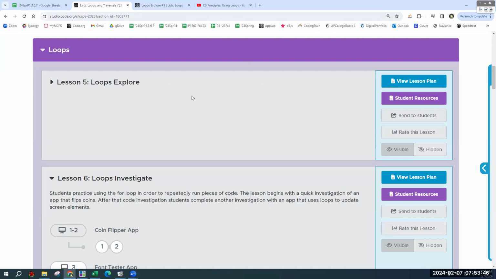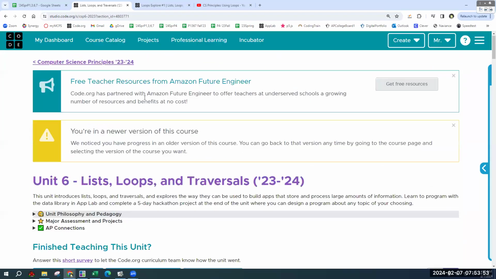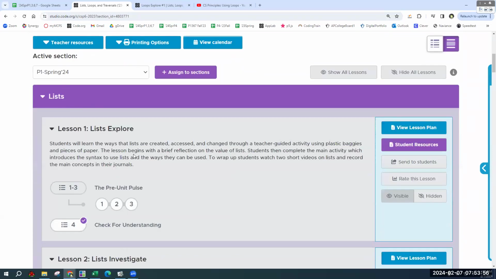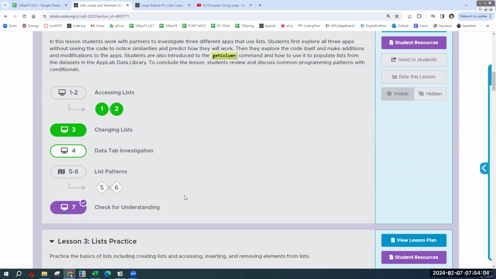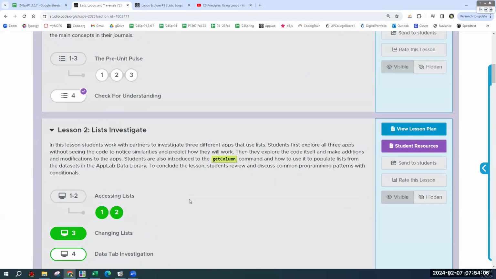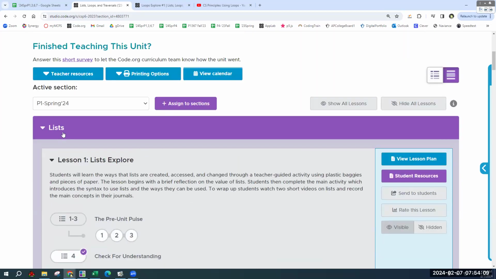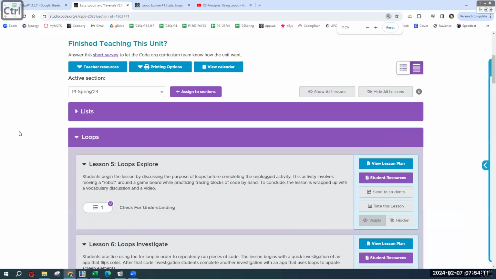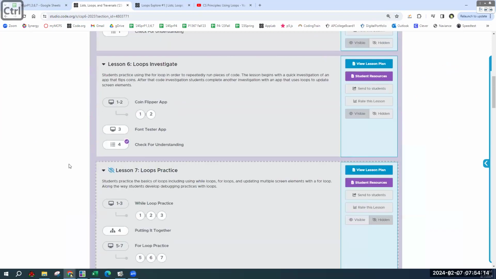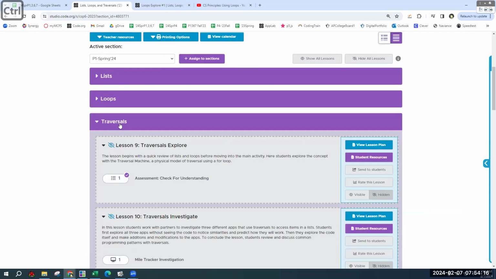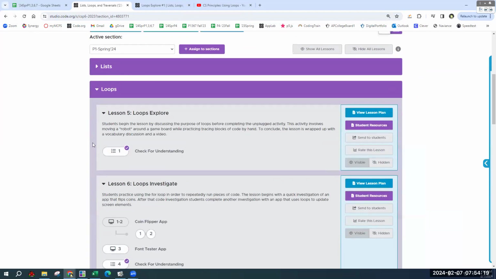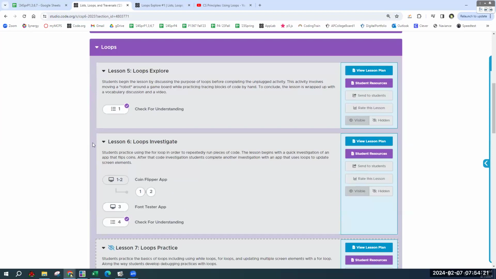Just like before, the first lesson of each of these chapters is sort of an introduction situation. And same thing with the second one, where the third one we actually get into practice. We're going to do 1 and 2 today, and I'm all over the place in lists. Maybe I should have a little wider perspective. There we go. Okay, so loops, the second of the 3 chapters from the unit.